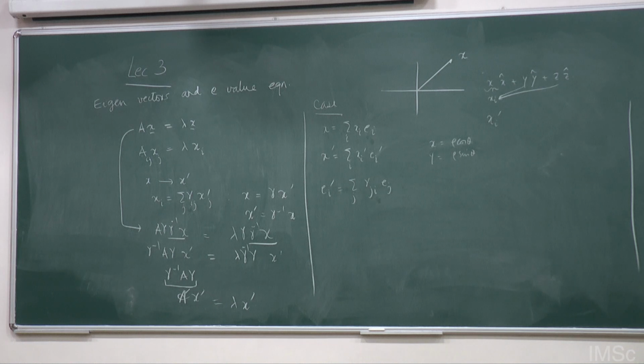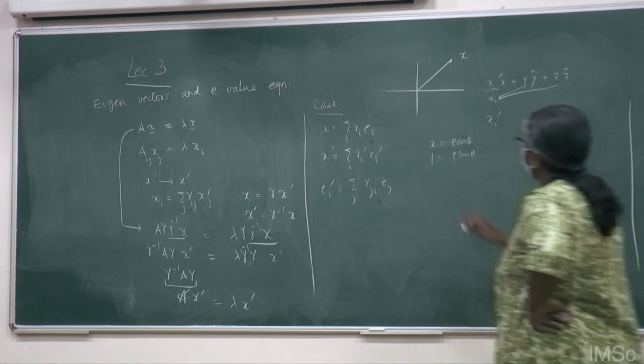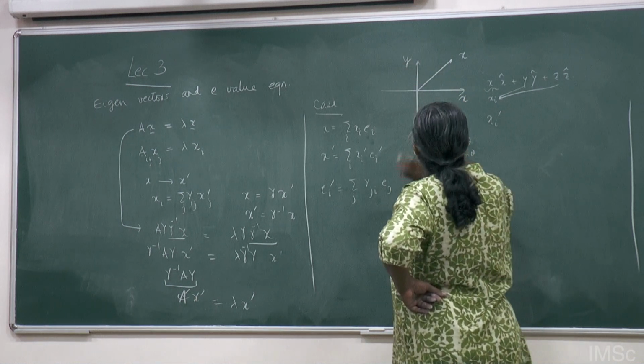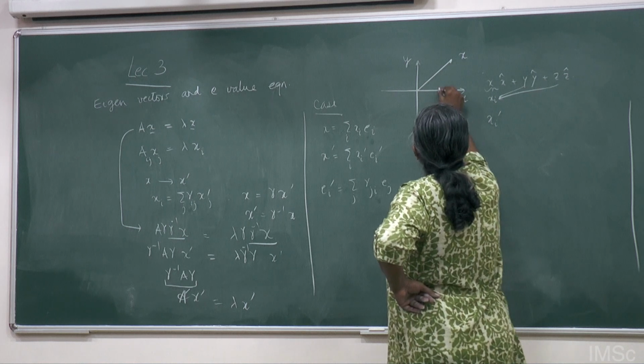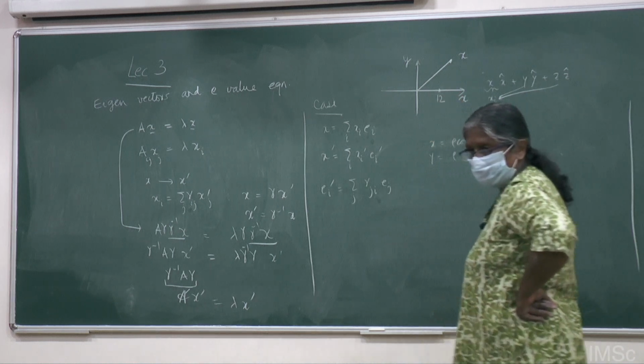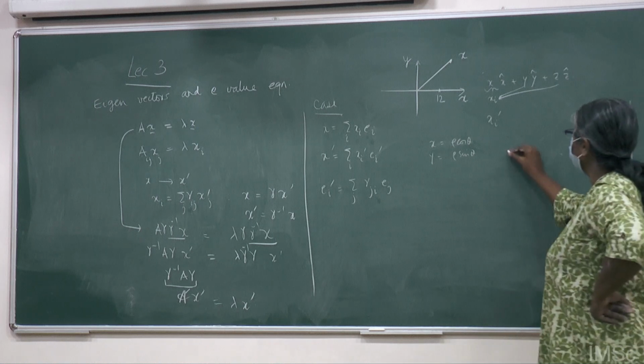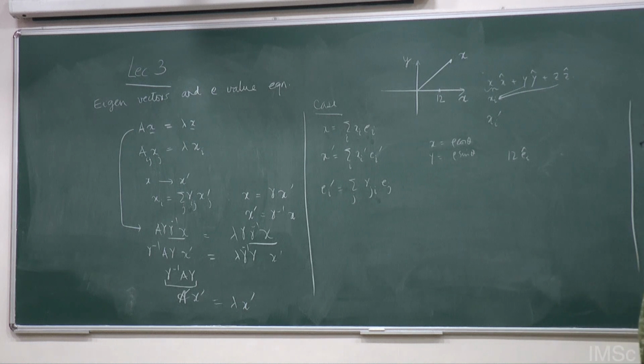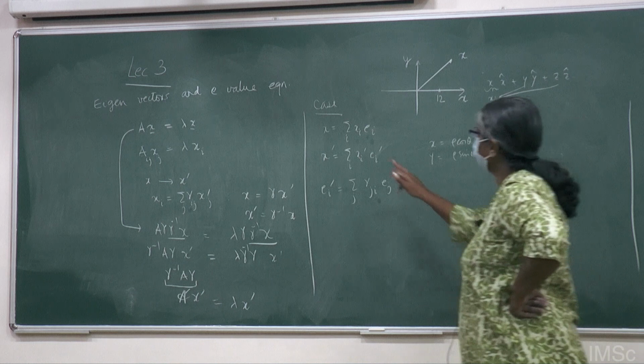All I'm saying is, let us just take a one-dimensional example. This is x, this is y. Everything is along x. Suppose I have 12 units along the x direction. That is my vector. That is 12 times the unit vector e_i, which is the unit vector x. So the unit vector along the x direction is called e_x or e1, along the y direction is called e2, and along the z direction is called e3. That's all. So what is this x_i e_i?